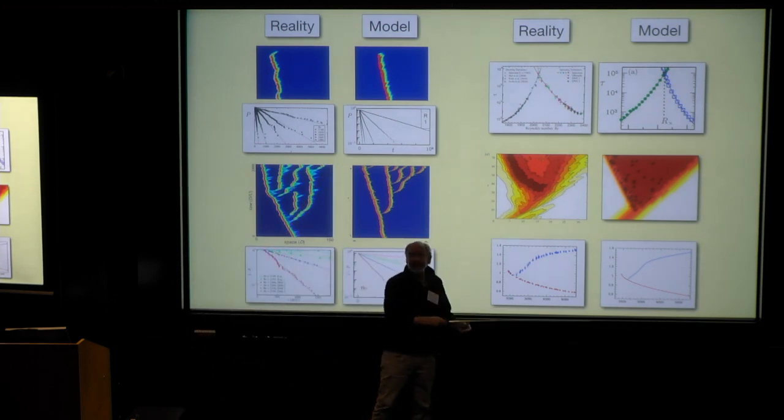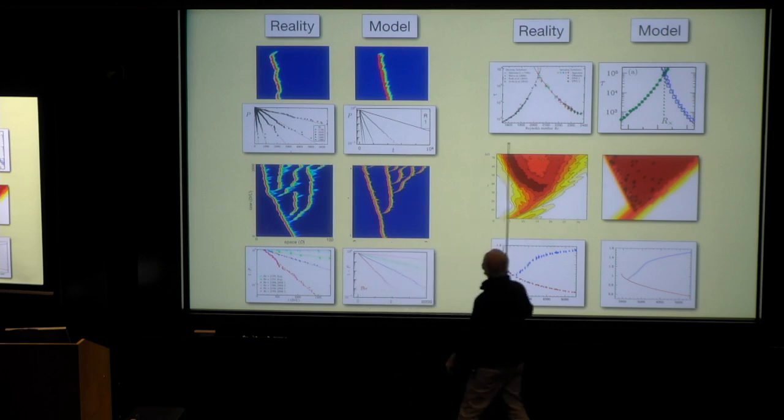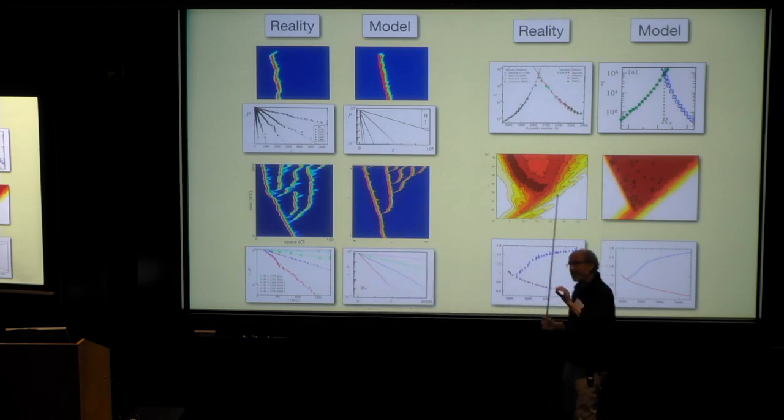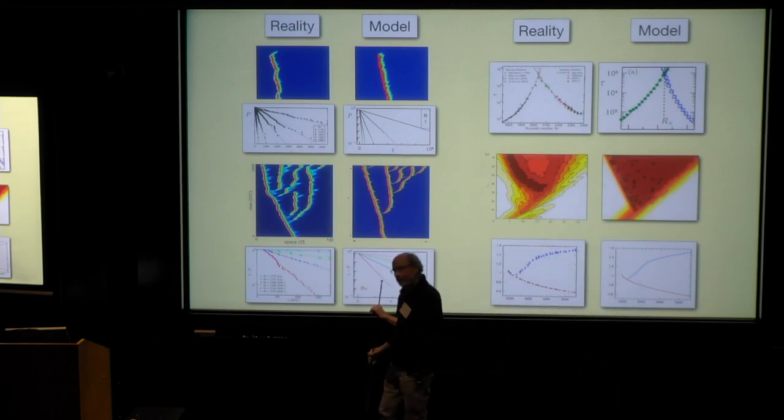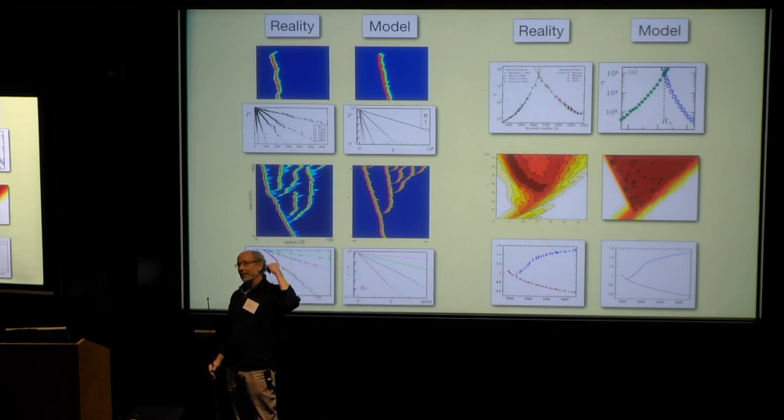Let's put it that way. They come out generically. These are model, and this is reality, and this is model. This is reality, and this is model. I think it's just transition from excitability to bistability with fluctuations. Generically, it gives almost everything, if not everything. That's my view.